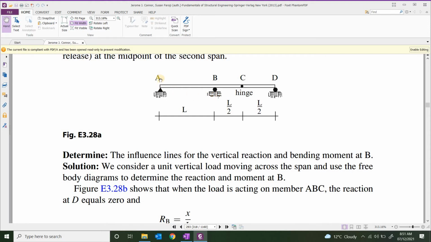Conceptually, what does it mean? You need to place unit load at different locations, and every time you have to find these two quantities, vertical reaction at B and bending moment at B. And then finally you can plot them. But of course, that's a lengthy way of doing it. So the easiest way is to consider